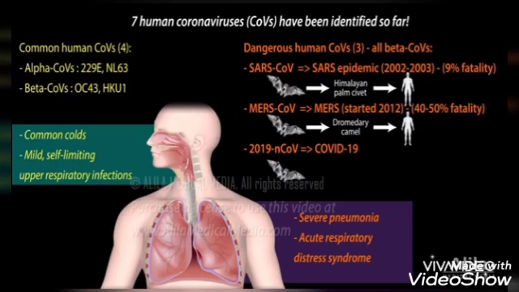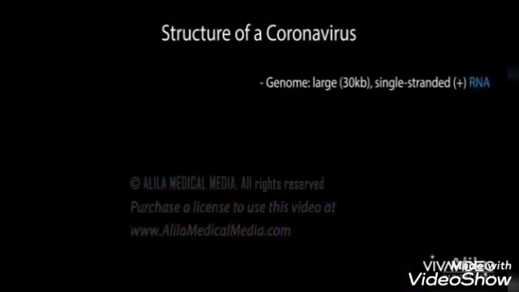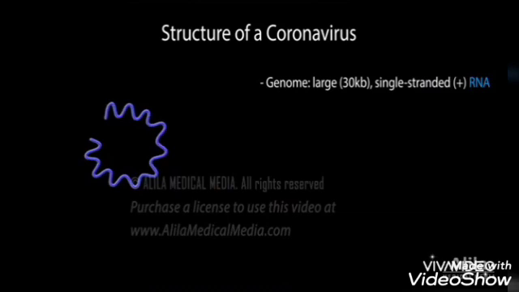The virus is also very similar to the SARS coronavirus and is therefore named SARS coronavirus 2, SARS-CoV-2. At the moment, it's not yet clear if the virus jumped directly from bats to humans or if there is a mammalian intermediate host. Coronavirus genome is a large, single-stranded, positive-sense RNA molecule that contains all information necessary for the